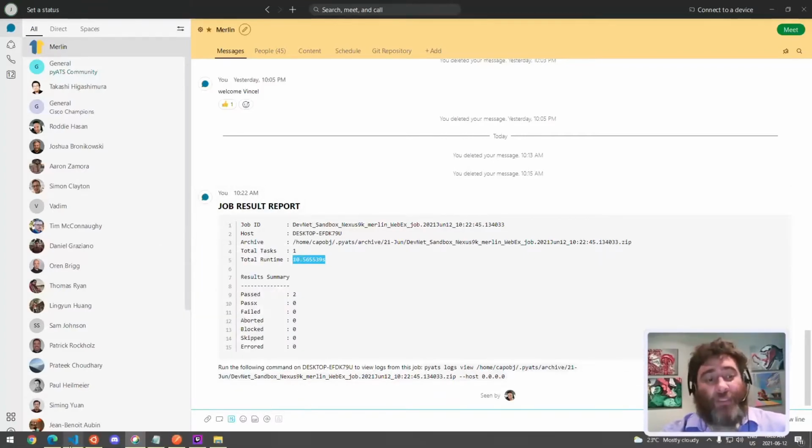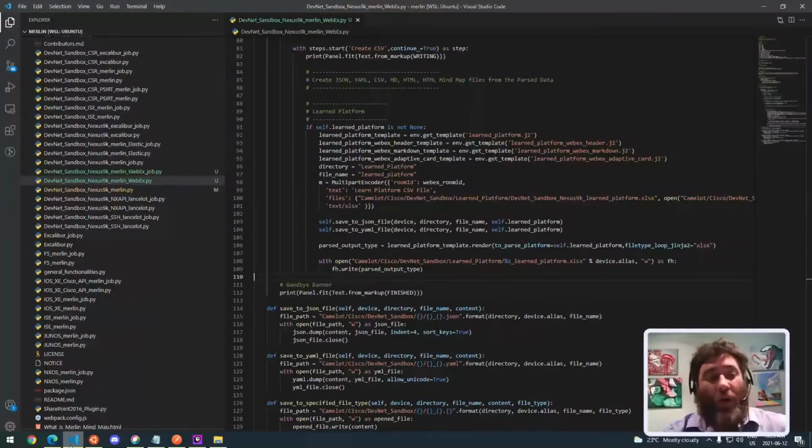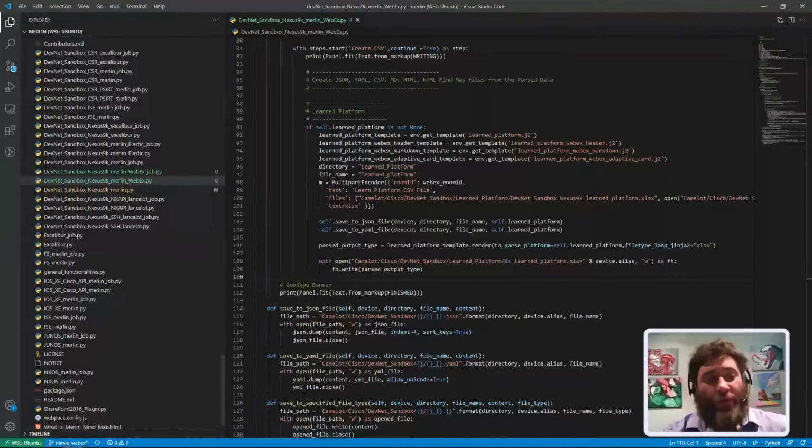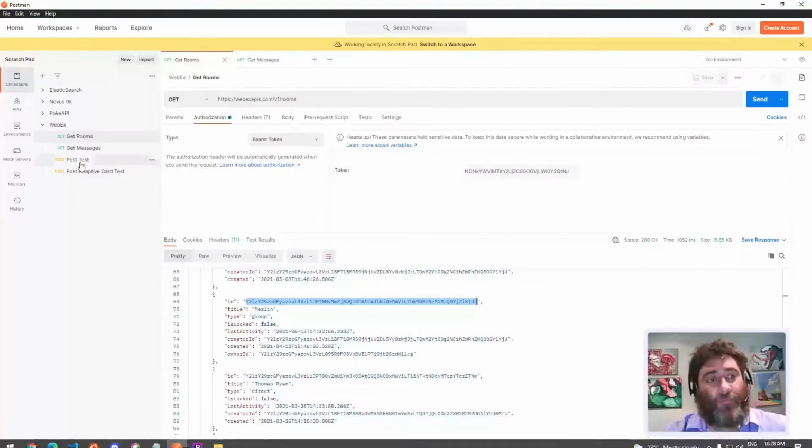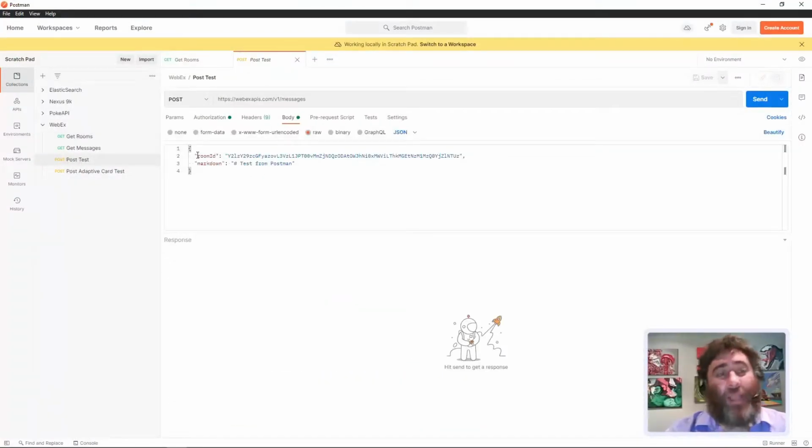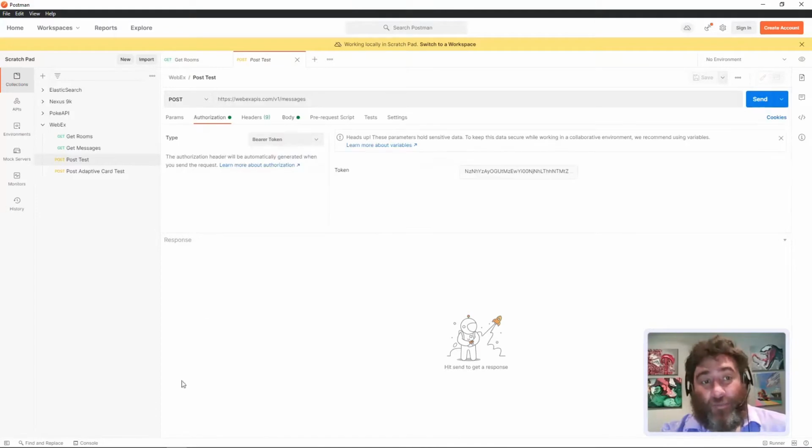So, I'm going to send a Markdown message. Now, if you look at this, I'm going to show you the body of a post here to a message. We have to post the room ID, and then in our case, the Markdown. Now notice, this is one long string here. And a problem with a header is that it's going to treat everything after the ampersand as the header. And it's just one long string. So I like to send the header separately. And let's just send this. I need to update my token in here